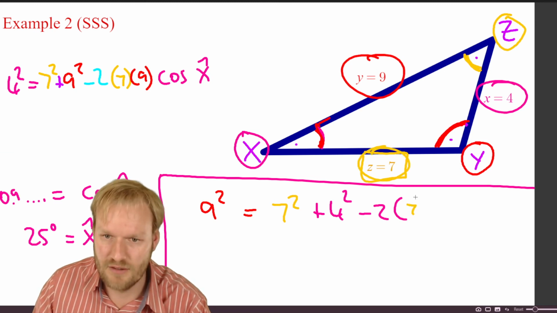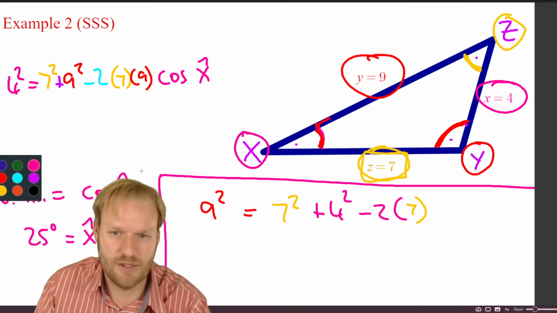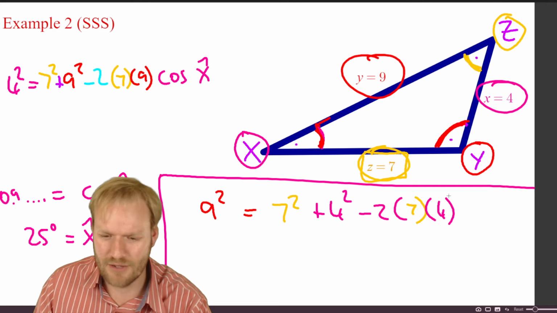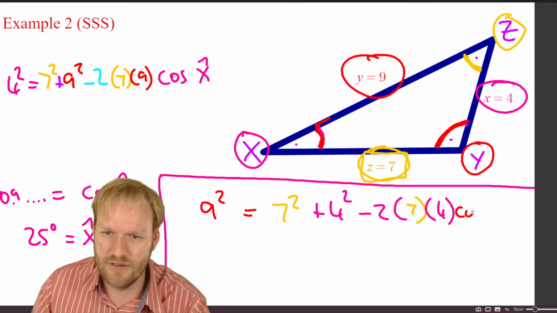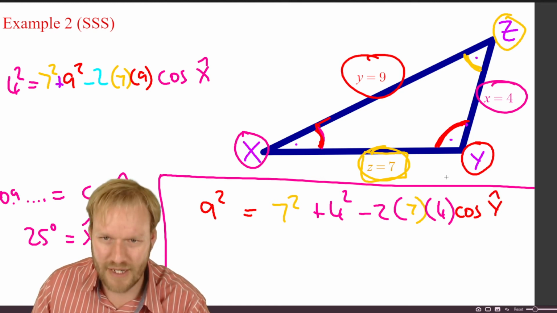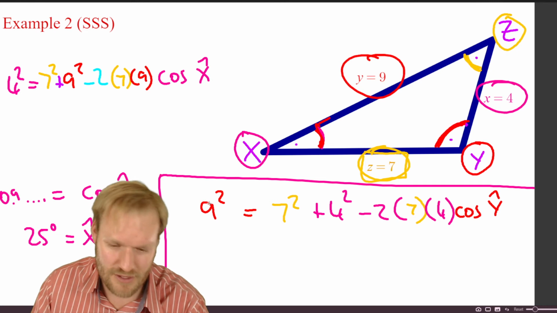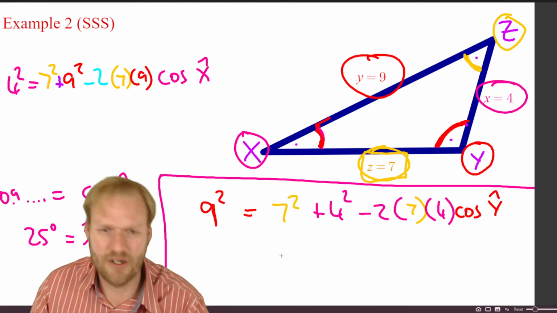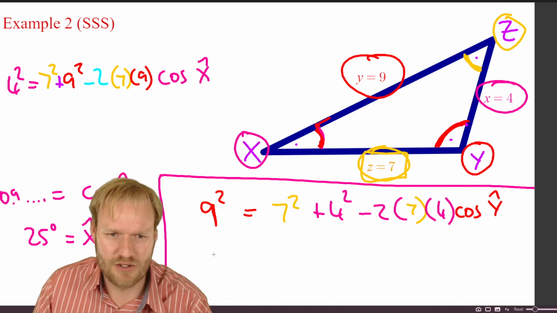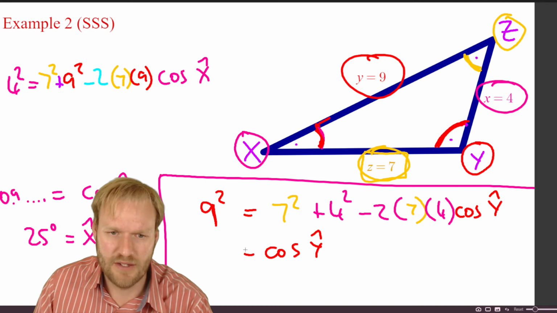This side times that side times cos of the angle that's between it, which in this case is y. So the y matches with the 9 that was on this side here. Okay, so there we go, and we could rearrange this all, and we could get, therefore, cos y equals,